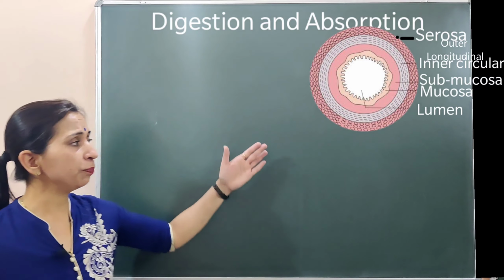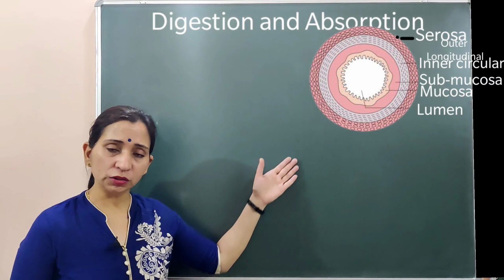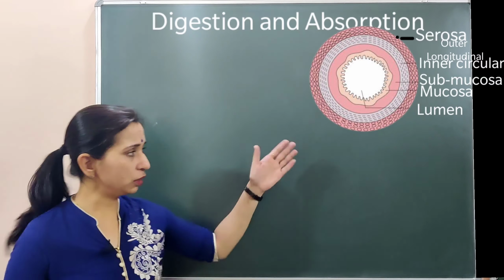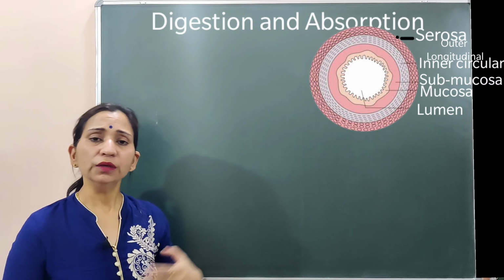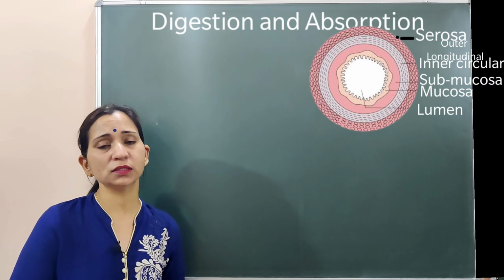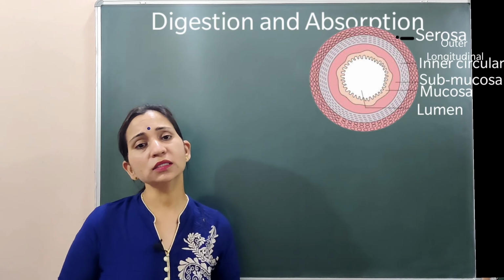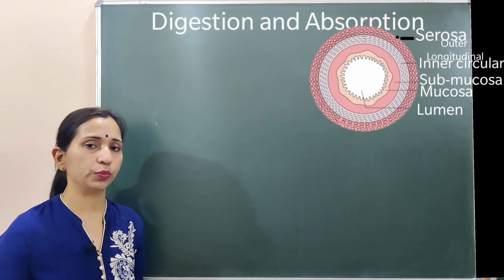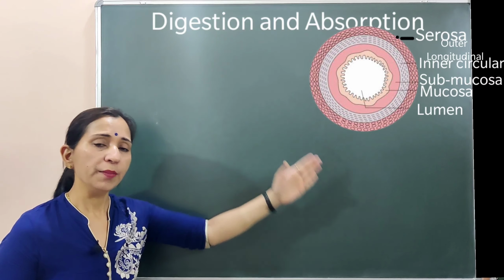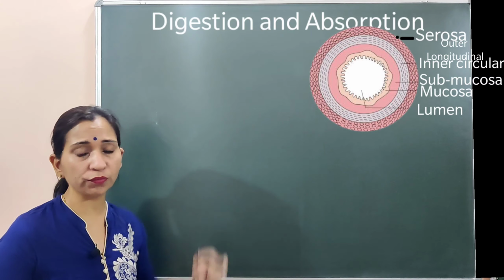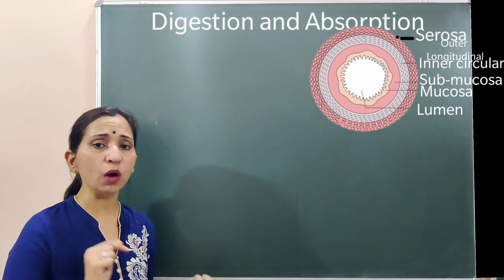As you can see, this is the internal transverse section of the alimentary canal. When we cut the alimentary canal, we see this kind of structure, and different layers are present in the alimentary canal. First of all, let's see what these layers are called and how they are arranged. We are starting from the outermost. हम बाहर से शुरू करते हुए अंदर की तरफ move कर रहे हैं. So we are writing the names of these layers of the alimentary canal from the outermost layer.